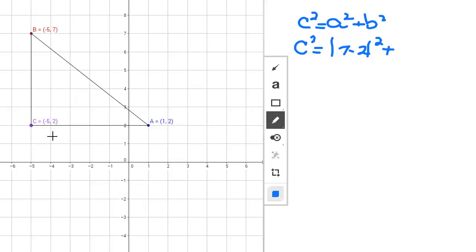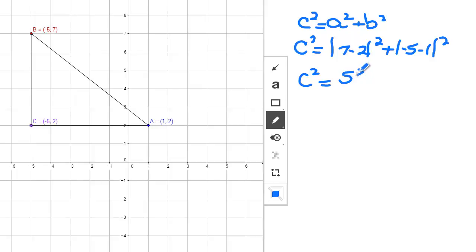To find B's value, we're looking at the horizontal distance. The side opposite angle B is varying from -5 to 1. The y value stays the same at 2. So if we take -5 and subtract 1, we will have the value of the change in x, the difference between the x values. So C squared will be equal to 7 minus 2